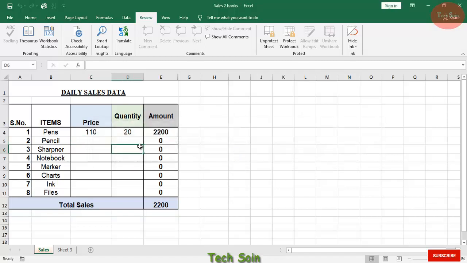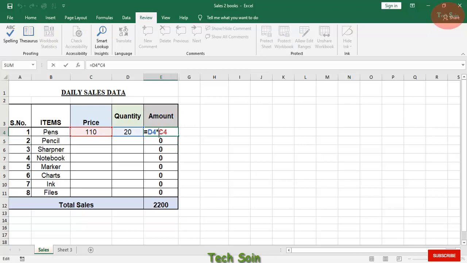Let's see more about locked and unlocked cells with an example. So this table contains sales data. This is price and quantity. I have applied a formula in these cells to automatically calculate the sales amount as soon as I enter values under price and quantity. Moreover, I do not want users to accidentally or deliberately delete, edit or modify the formula. So I will have to protect the formula cells of this sheet.